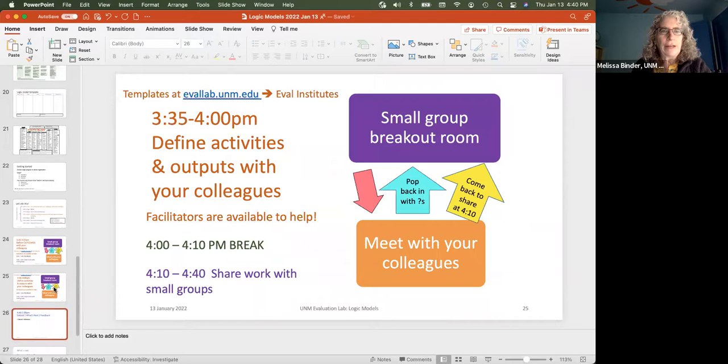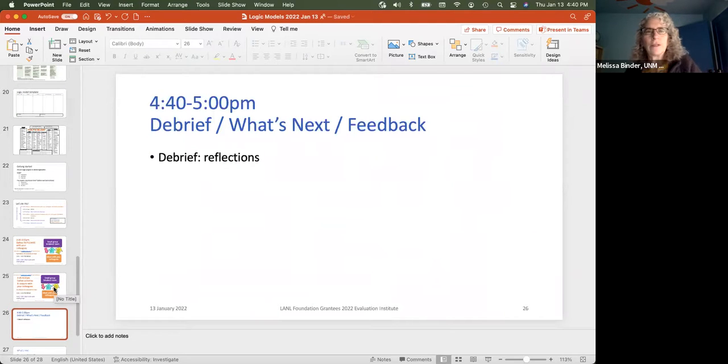So what we want to do now is, for the last 20 minutes, spend a little bit of time debriefing, a little bit of time just remembering what's coming next, and then asking you for some feedback. So I will start with the debrief. We don't really need the slide for this, so I think it'd be better if we could see each other. Let me stop the share. Anything come up that anyone would like to talk about? Perhaps the Questa people, if you wouldn't mind sharing what you shared with me.